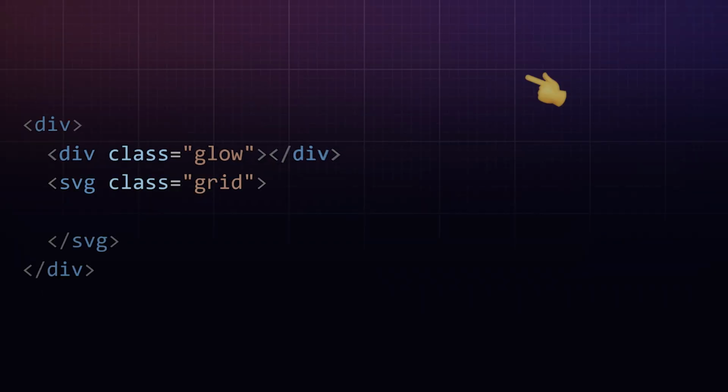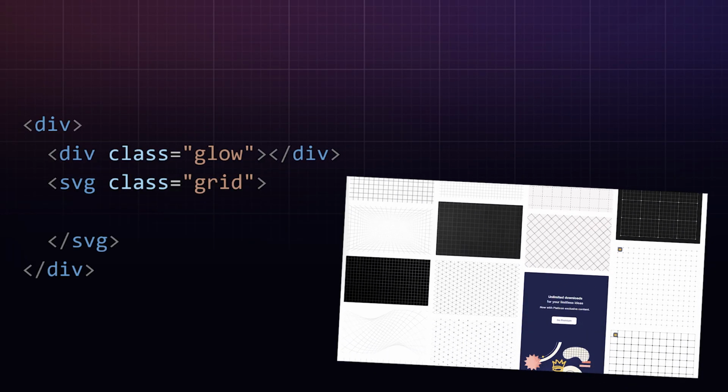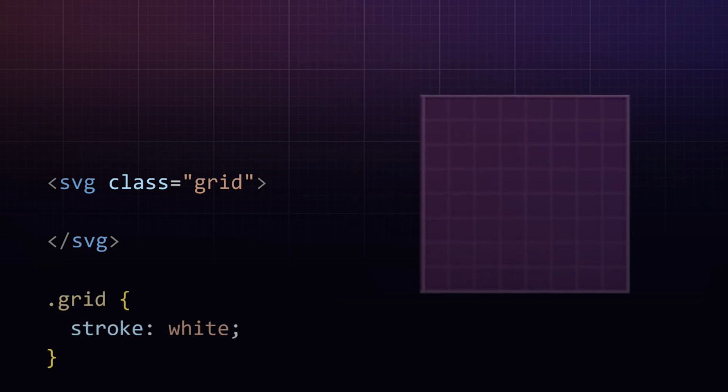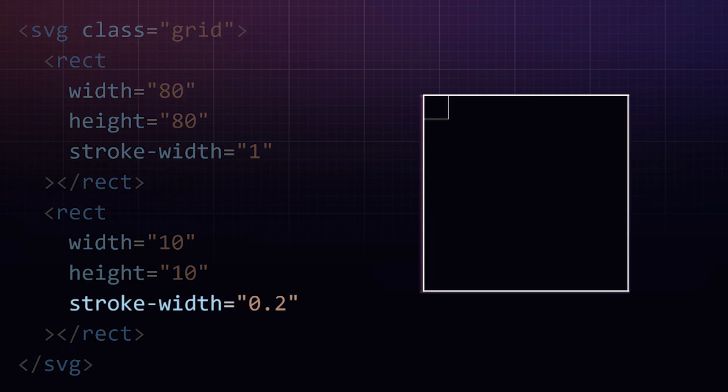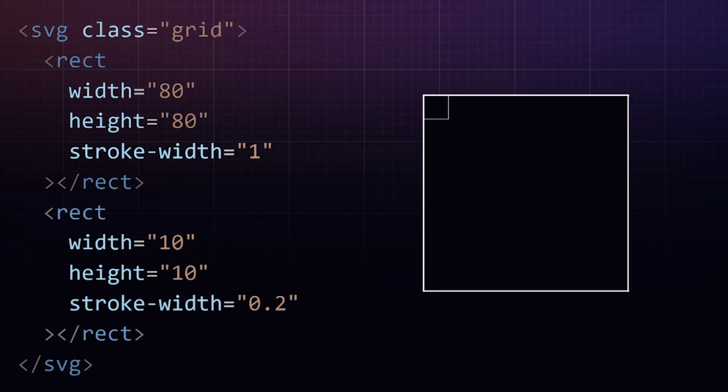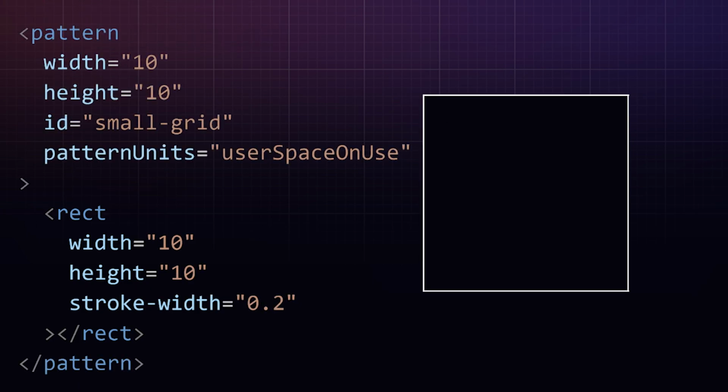Next step, the grid. You can pick an SVG from the internet for this, but I'll show you how easy it is to create this one yourself. It's only some squares after all. 8 × 8 small ones in every big one actually, where the small ones have a thinner stroke than the big ones. Luckily we don't have to write out every single square since we can just put it in a